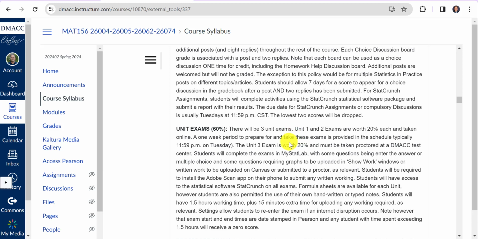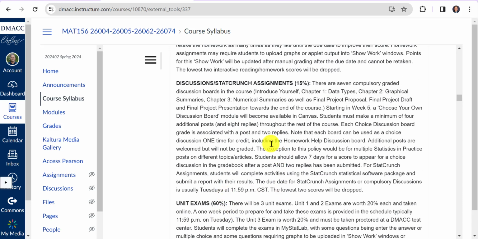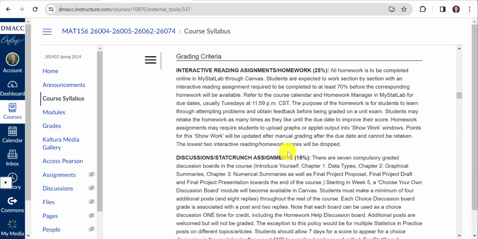So we got a lot of time between now and then, but you will be asked to pick a testing center tentatively right now, kind of wherever you're closest to live. And if you're a high school student, just say I'm at this high school or whatever. So that's pretty much it. We'll have 3 tests. You got these typically weekly discussions and StatCrunch assignments you'll submit, and then all that interactive work is worth 25% of your grade.